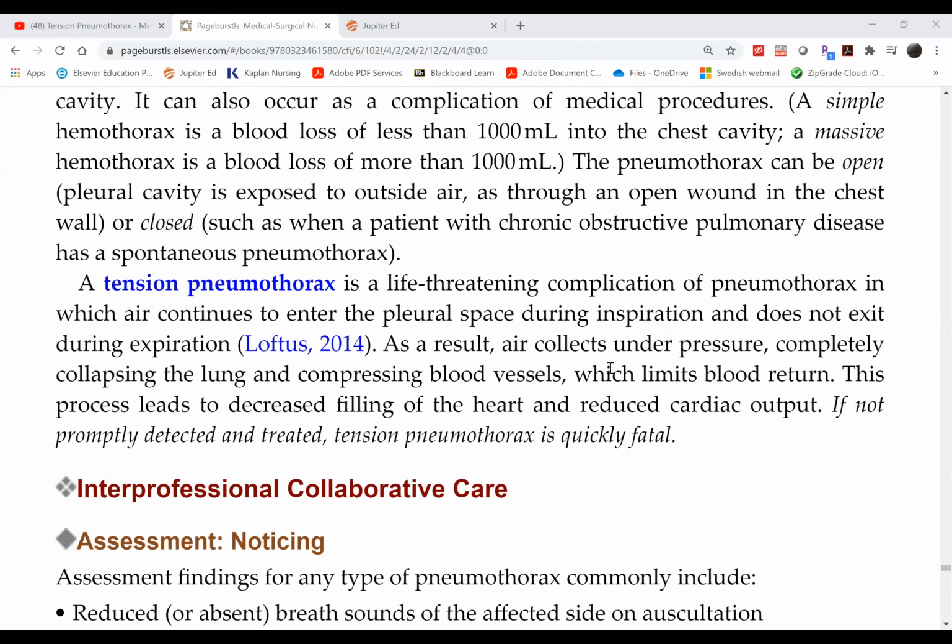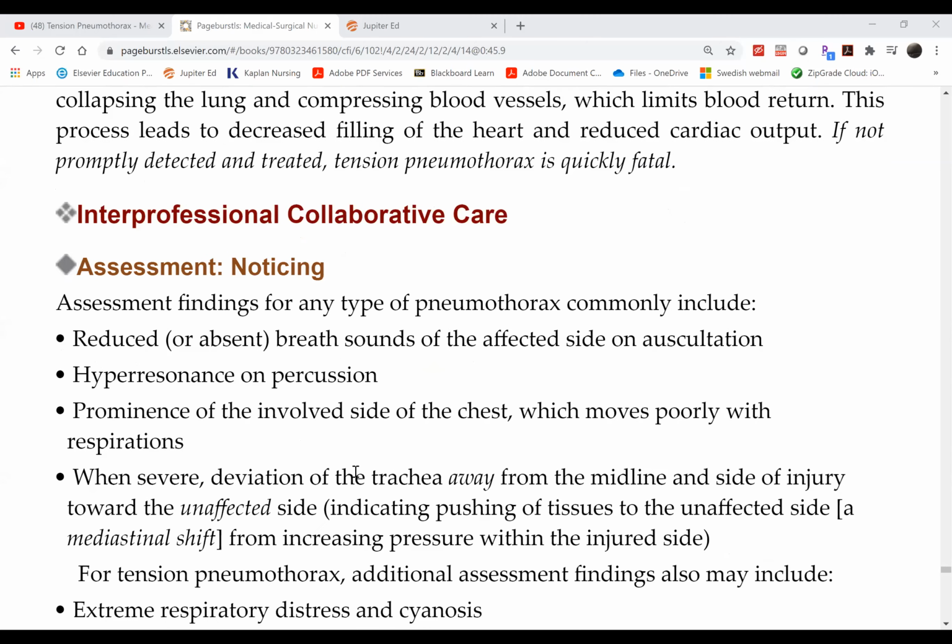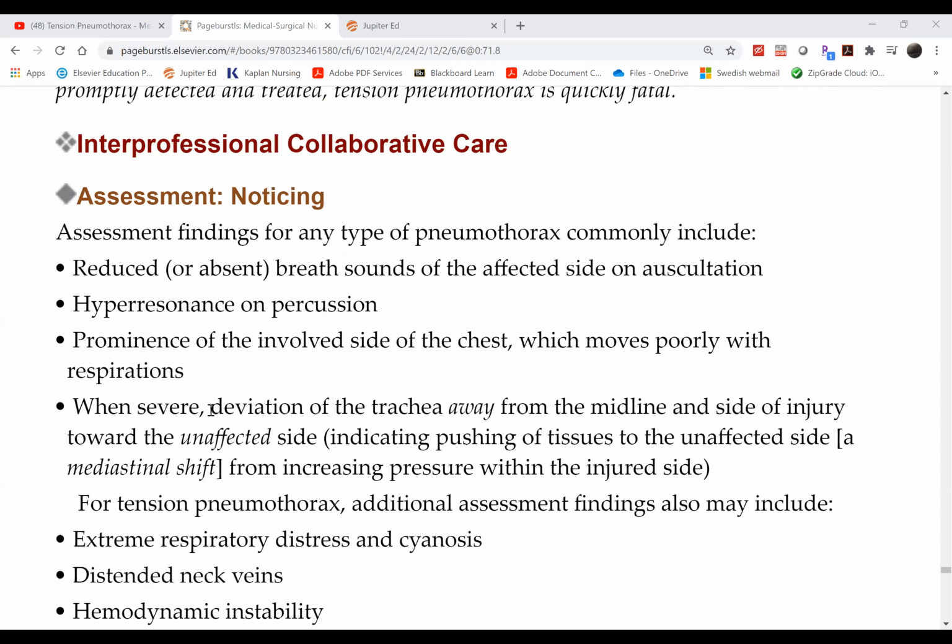So here is the tension pneumothorax. The signs and symptoms are, of course, since the lung is collapsed, will you hear any breath sounds at all? No, there will be absent breath sounds on the affected side. So the worse the lung collapse gets, the more absent the lung sounds become. And of course, you'll see obvious tracheal deviation. So you'll see this